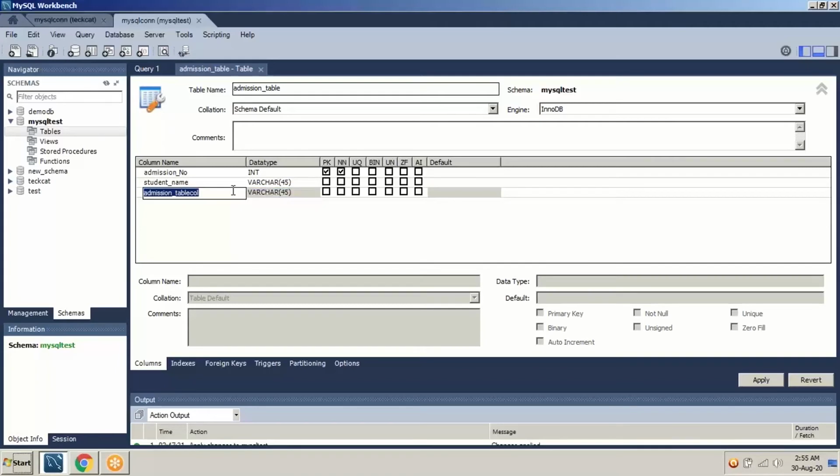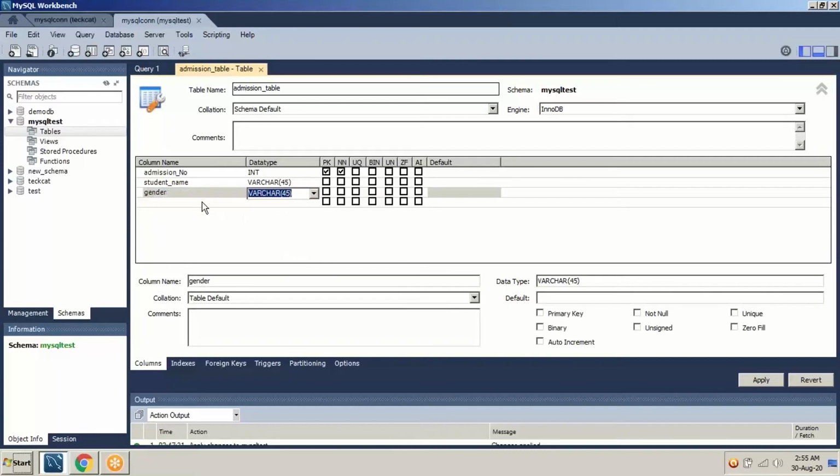The third should be gender. So you can see whenever I'm creating a field over here, on my right hand side, there is a term called data type. What is a data type? Inside a Department of Admission, we will have to store many types of data, like student admission details, student name, student phone number, student date of birth, student father name, student address, student allergy, and many other things.